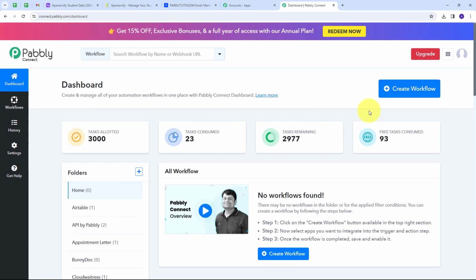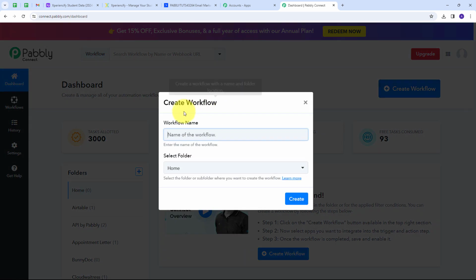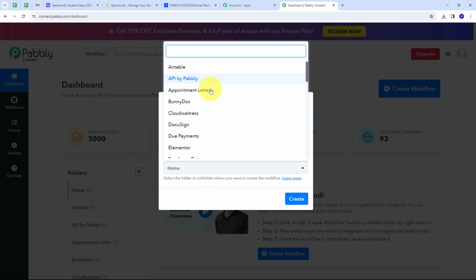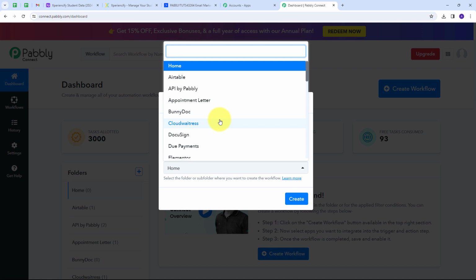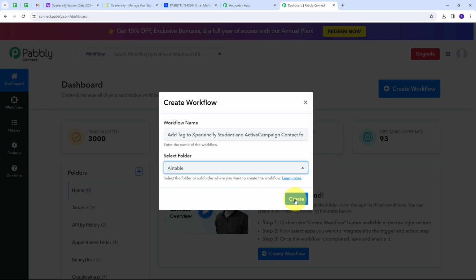Now here, I want to create a new workflow. For that, I have to click on the Create Workflow button, and this window will pop up. Here I have to name my workflow, so I'm going to name it as my objective, which is to add a tag to an Xperiencify student and an ActiveCampaign contact for an Airtable record. Now I'm going to select the folder where I want to save my workflow. For that, I have to open this tab, and in this tab you will find all the folders that you have created in your Pabbly Connect account, and I'm going to use this particular folder of Airtable. So I'm going to select this and click on create,